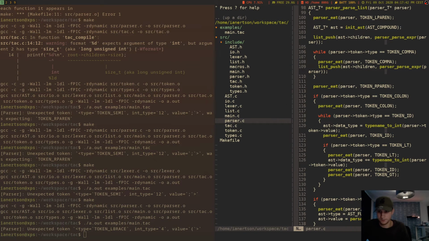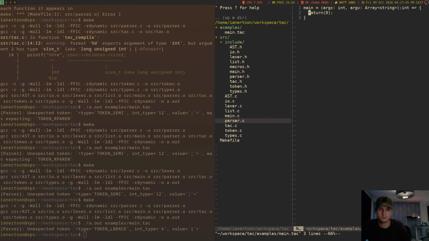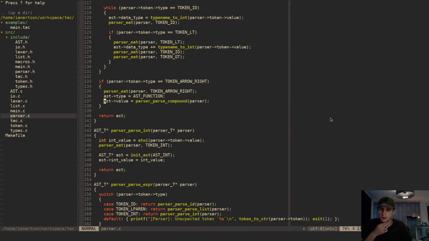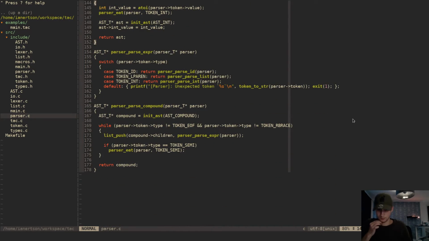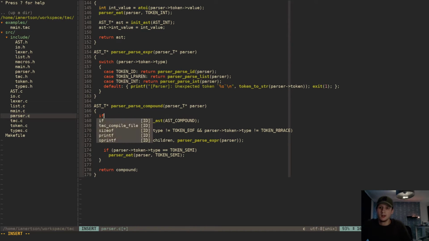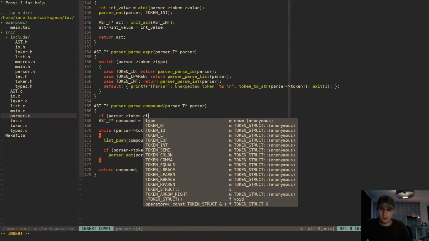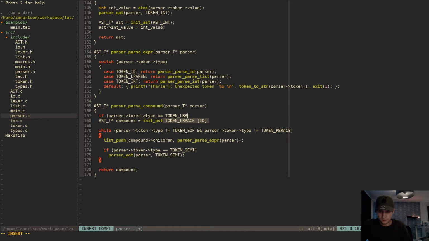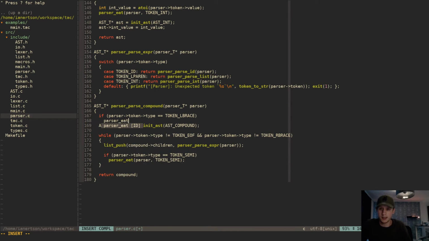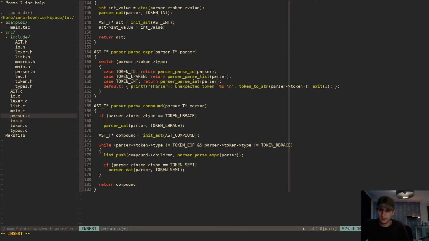Token left brace. Oh right, because it doesn't know. So basically what we have to do is: if parser token type is equal to token left brace, parser eat token left brace,